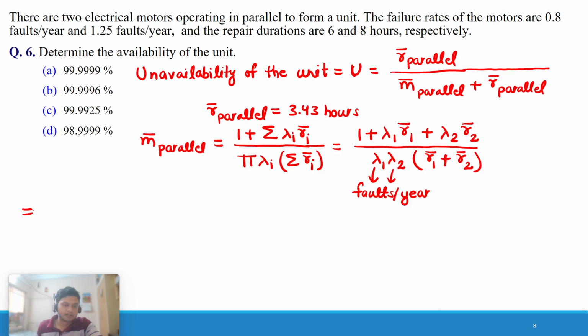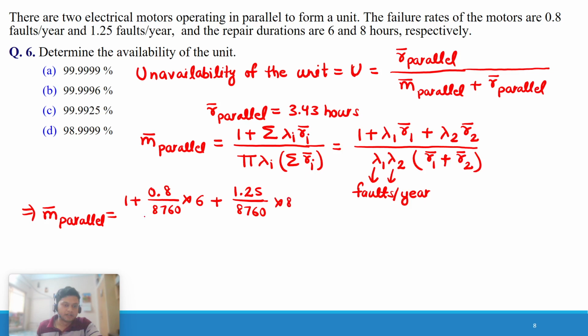So we are going to put all these values. These values are already given. So we can write 1 plus lambda 1 is 0.8 faults per year. So if you put it in our form, 0.8 divided by 8760, that will give faults per hour. R1 bar is 6 hours plus lambda 2 is given as 1.2 faults per year. So divide it by 8760 to get in our form,